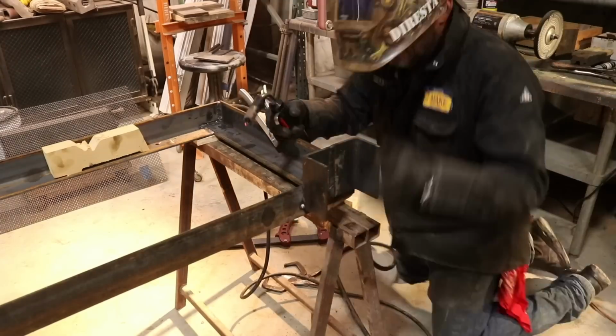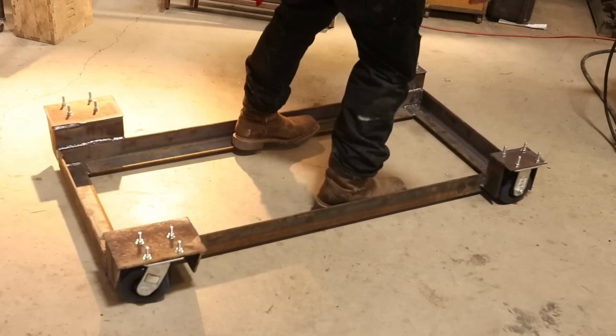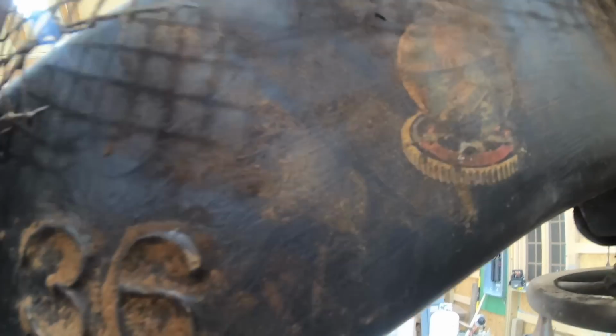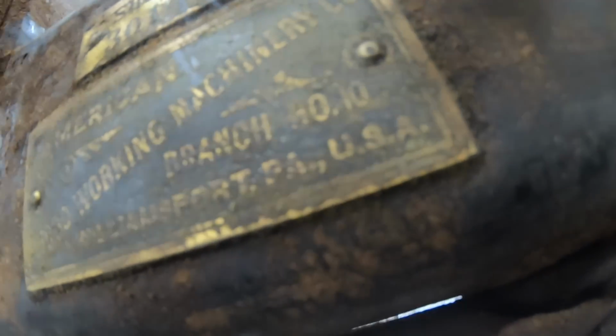People got mad at me that I didn't really show enough of it, but because once I brought it here, it was too cold to do much of anything. So in this vlog, you'll see a little bit more of the bandsaw. So take a close look. This is an American 36-inch bandsaw made in approximately 1928. I am the third owner of this beautiful piece of machinery, and I'm very proud to say it is mine,